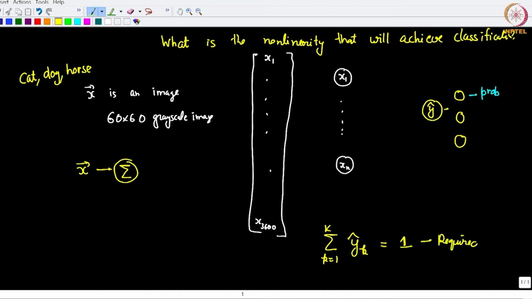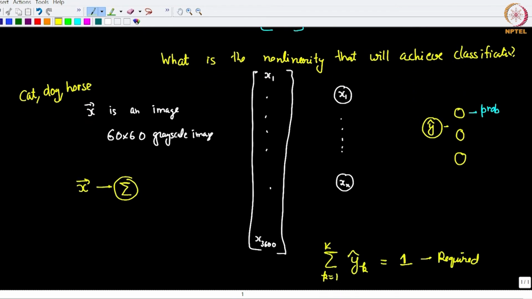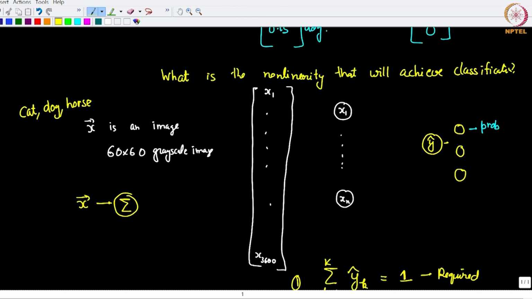This is required in case I want to interpret it in this way like a one hot vector. Okay. There are other ways of doing it, but this is the one that we will stick to for this course. Obviously, it also means that all y hat k should also lie between 0 and 1. We do not want them to be either negative or even greater than 1. So, that is what we would like to achieve. These two conditions we would like y hat to satisfy.